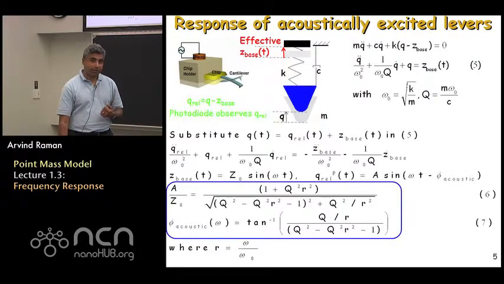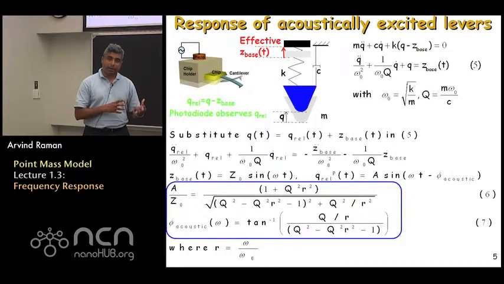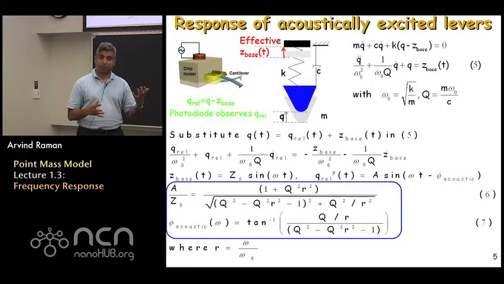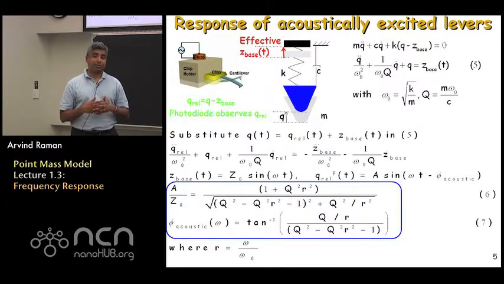Let's now take a look at the acoustically excited cantilevers. Now, the equivalent point mass model for the system is shown on the top, and the equation of motion was derived the last time, which is equation 5 shown here. However, as I mentioned to you, what we measure in acoustic mode AFM is Q